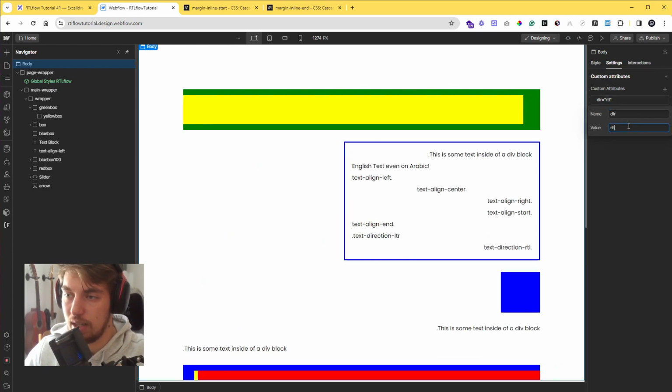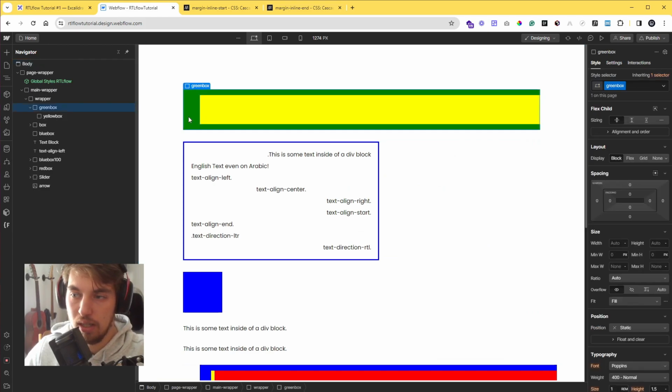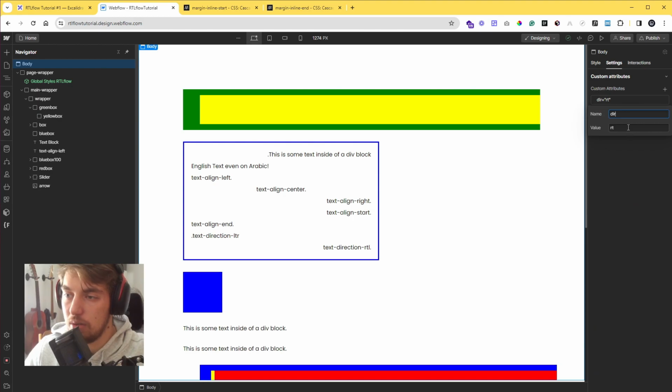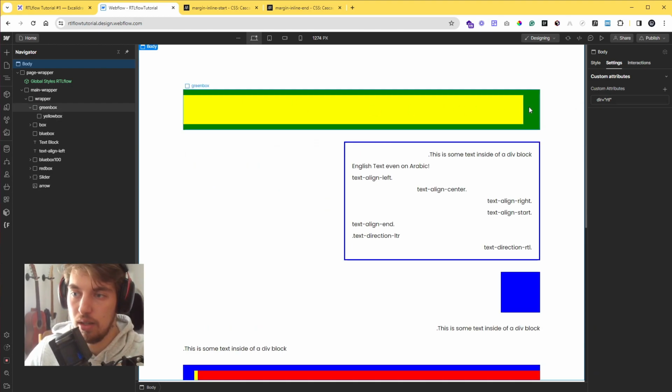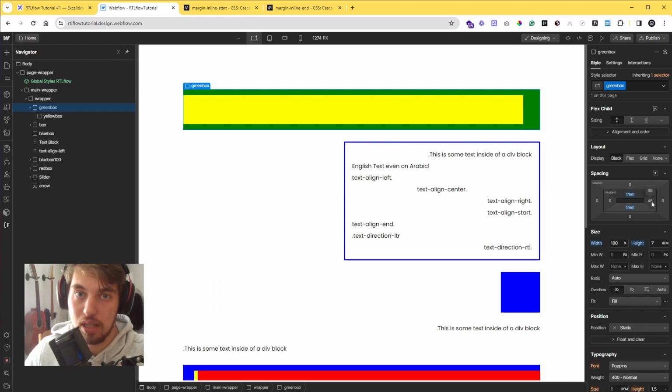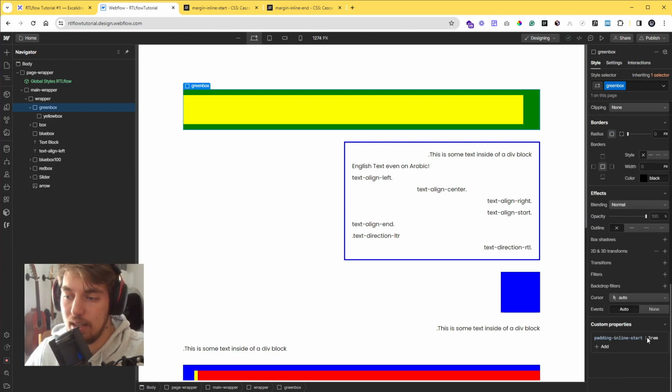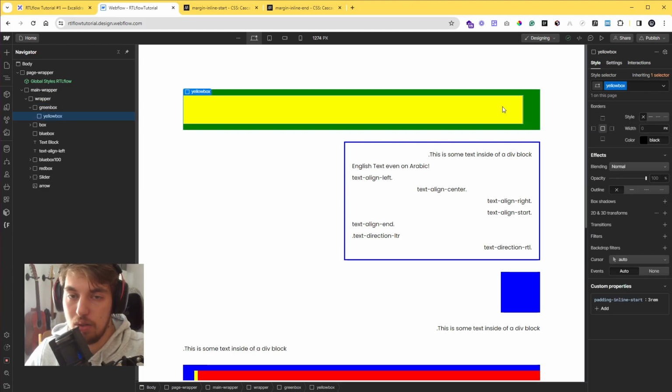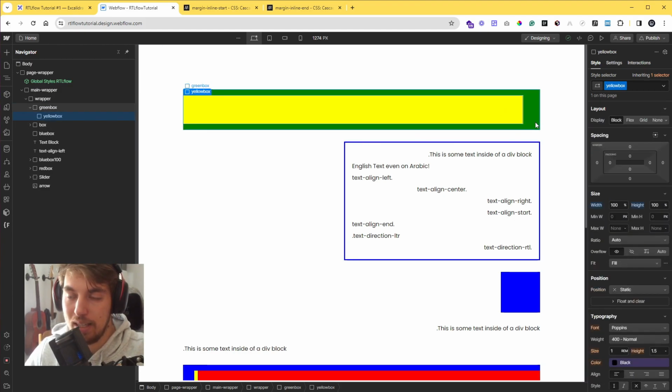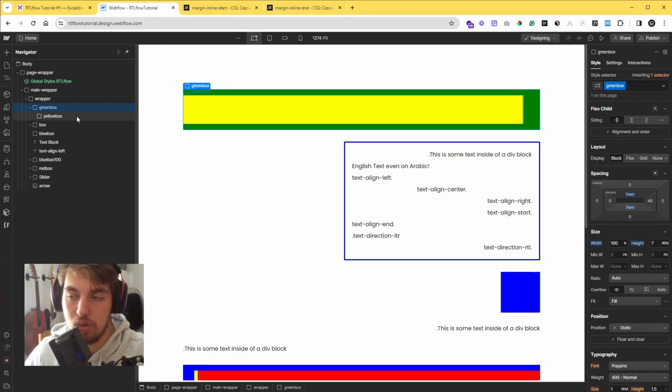And what you will also see is that if you get into the box here, there's a pixel value in place of padding left. Usually it's all 0 if you don't touch it, but here it's now 48. But if we flip this around, and we go in here again, you'll see now it's on the other side. It's basically showing you that you've set a padding through custom code, or as in this case, through custom properties. And so whenever we use a padding that is one-sided, what we want to do is we want to use